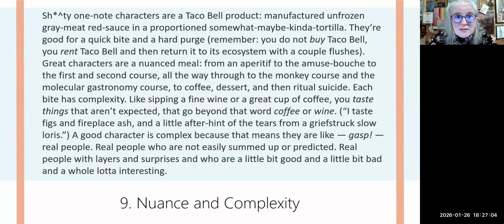Now, sorry to be graphic, but at the same time, the best things for us to do in a story is to insert things that might be a tad bit unexpected, perhaps a little graphic. Things that make the reader go, what? That's real life. You ever known somebody that they walk past and you can smell their socks? I lived with one of those. I have to keep that door shut because I'm going to fall over if I don't. Those are the kinds of things we can write into characters, but we need characters who are complex.